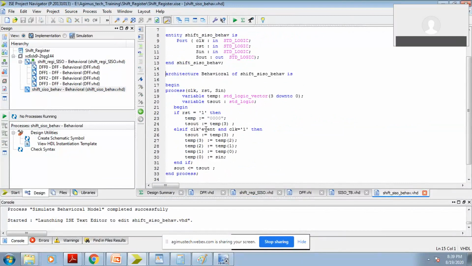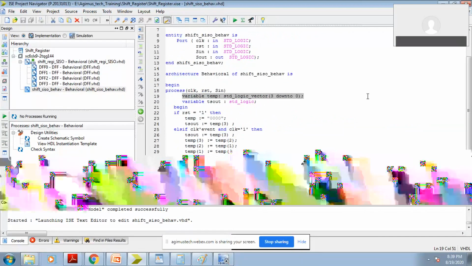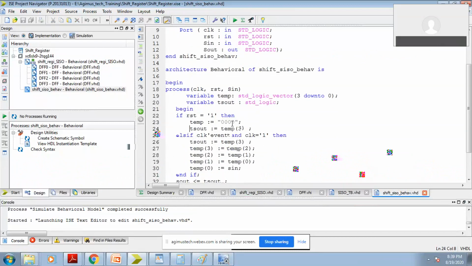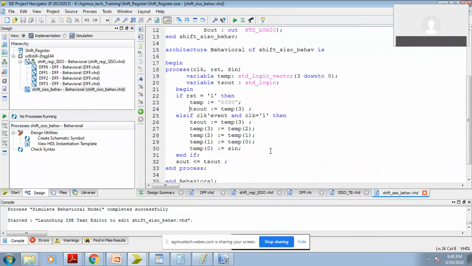When I'm going to reset, this temporary variable is nothing but the internal D flip-flop output. When I reset, the output temporary S out I have taken as here. So TS out is temp 3 and I am assigning the input value to temp 0.